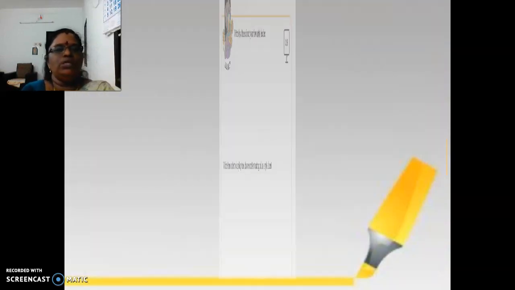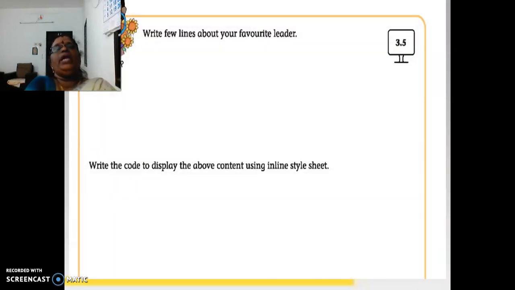The next one is: write a few lines about your favorite leader. Write the code to display the above content using an inline style sheet. While you are in school I can make you write, but here I am writing and showing this to you.